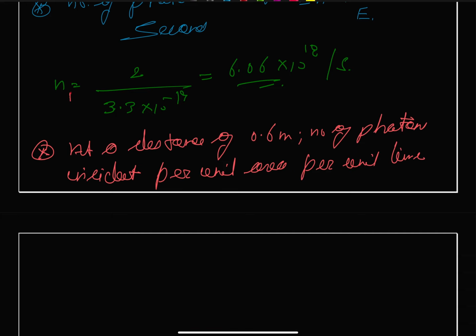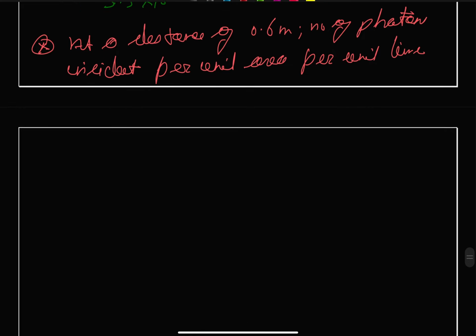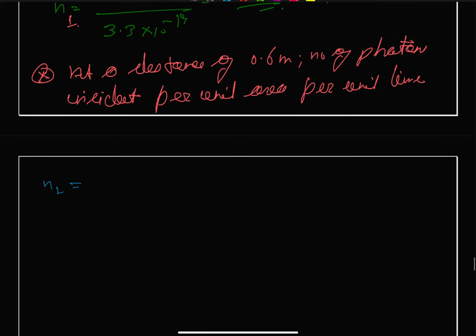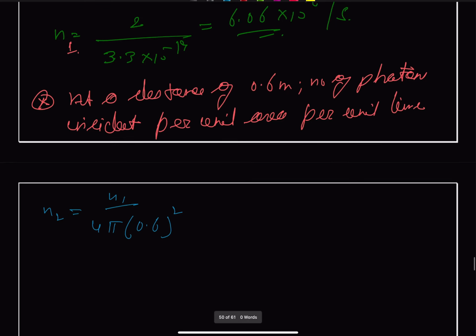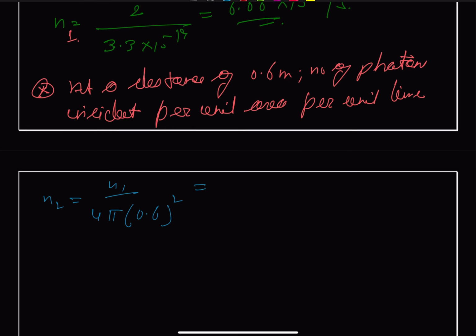Let us call this as N1. So we get our N2 will be equal to our N1 divided by 4 pi 0.6 whole square, and N1 is our, or we can write that our N2 will be approximately equal to 1.34 10 to the power 18 per meter square per second. And